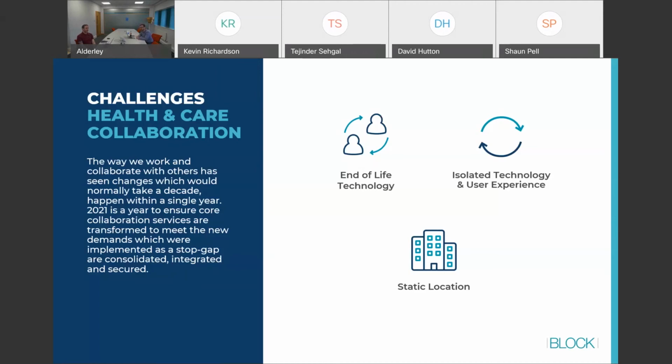As you do that, we know that if you run end-of-life technology or isolated services, it becomes very static in location. People have historically worked from a central location to work together, or patients have always come to a central location to receive care. That's fundamentally changed now. So how do you start to enable people to consume these services remotely, work from any device, any location, any time? Tying that back into that licensing model, what does that mean? Let's move on to the next slide, Kev.